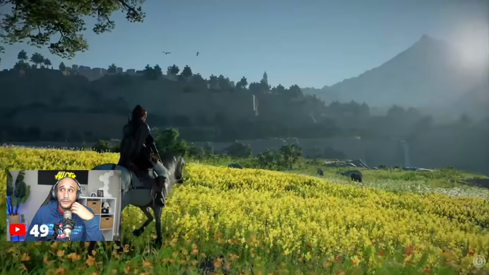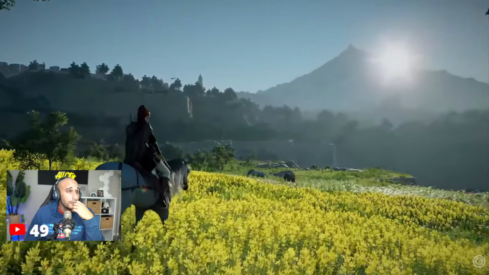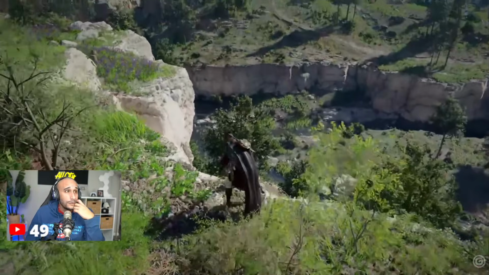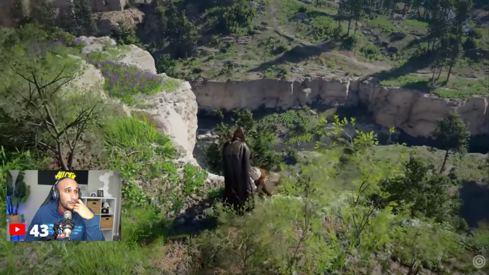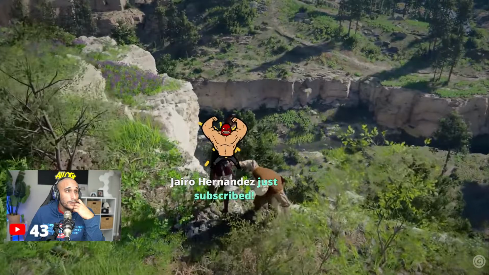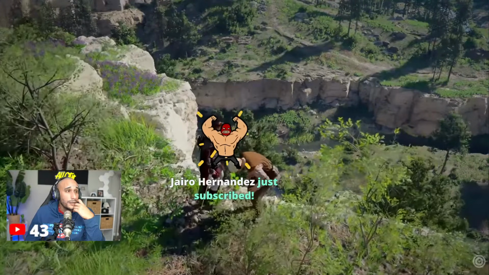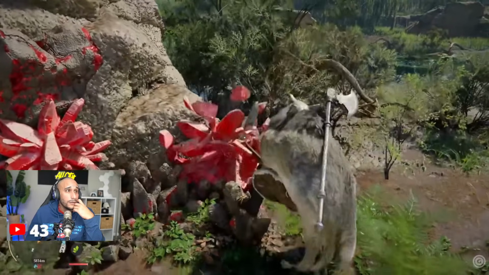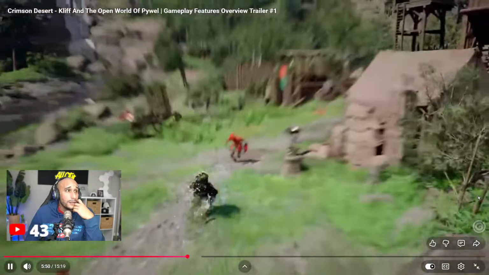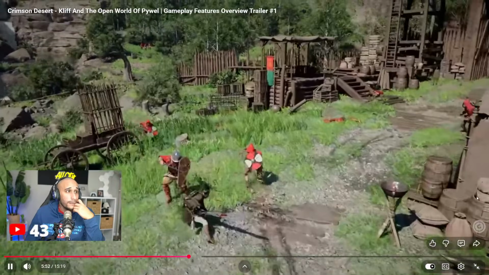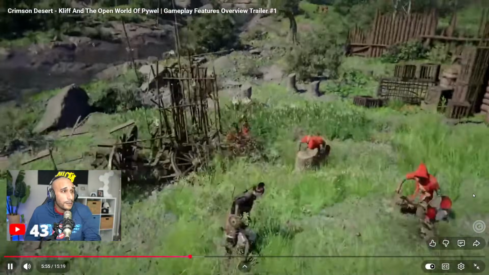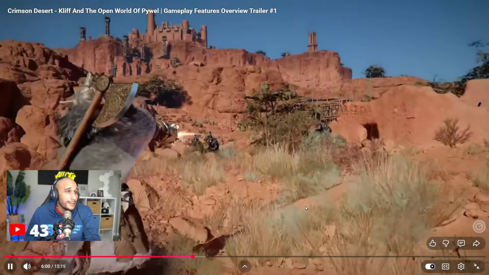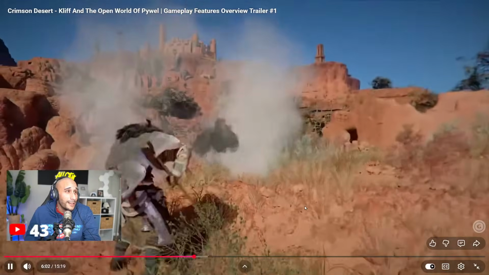But as his tale unfolds, 2 new playable characters will come to join your journey. As these characters become available, you will be able to freely explore Pywel and undertake many quests outside the main story with them. Okay. So you probably need. Each character has their own combat style, as well as unique skills and weapons, allowing you to experience the world and its battles in different ways. Yeah, the hand cannon.